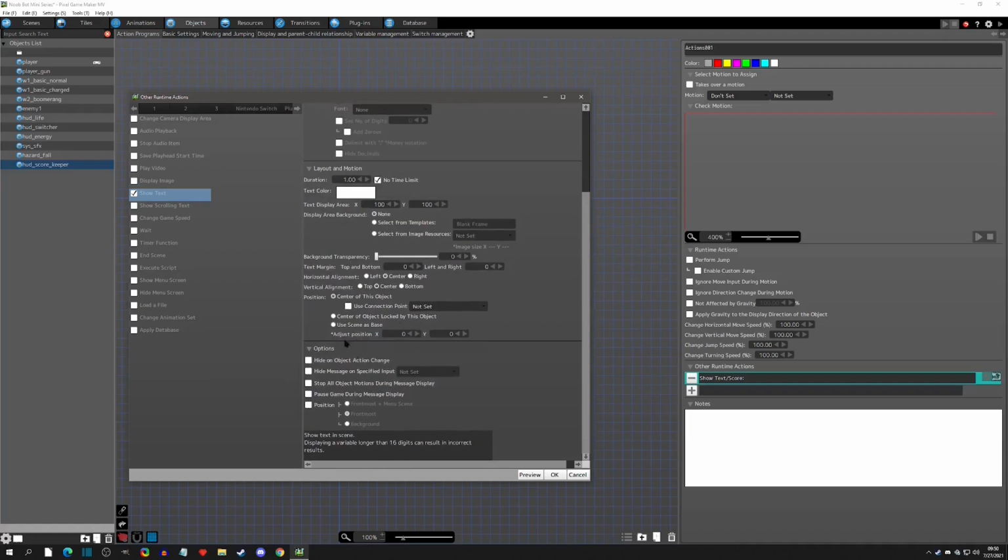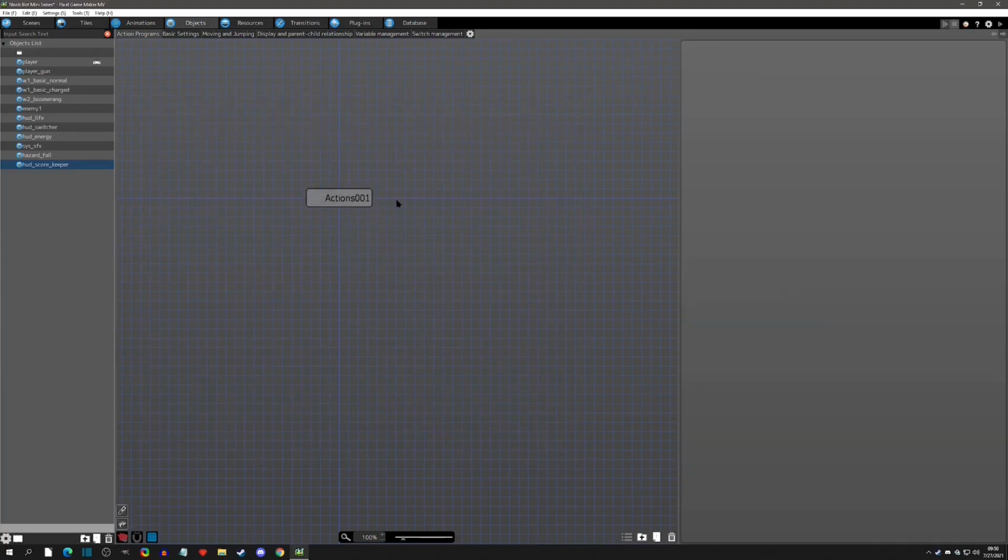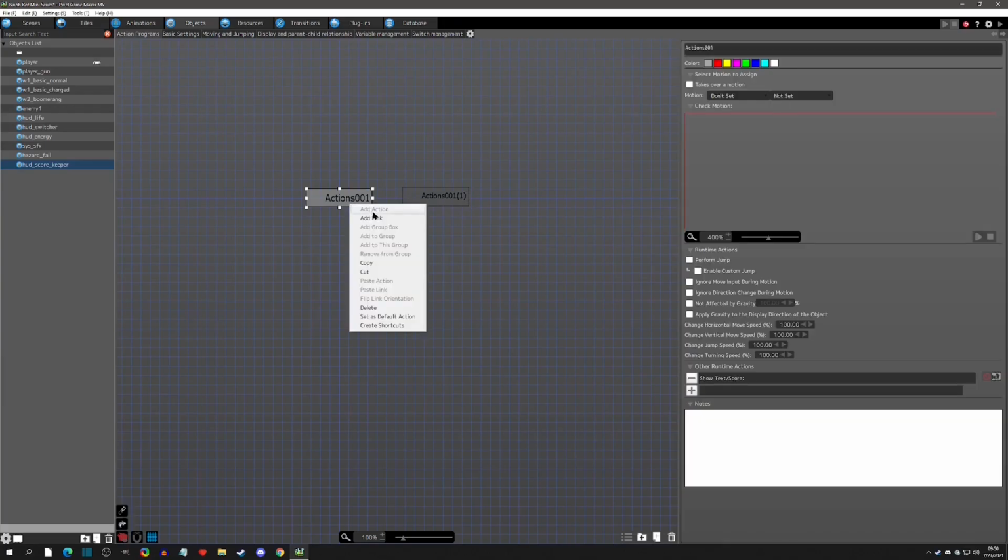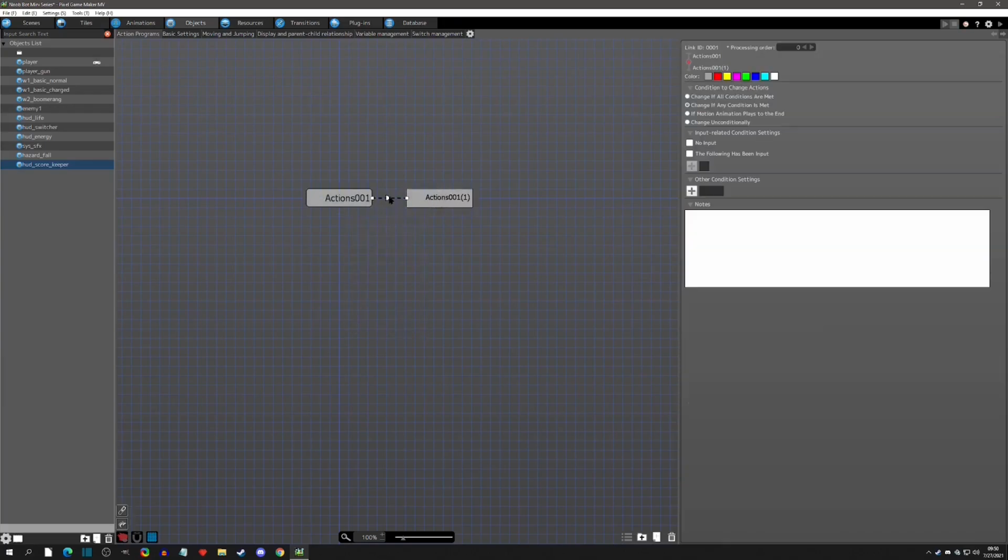Now we have some options down here that are very important for displaying these things. I might have a few actions on this object, and so how I want to control the text is I want to control it by when it goes into another action, I will have control whether it displays or not. So I'm going to choose hide on object action change, and then that's going to allow me to do that. That's going to allow me to basically, if I have another action right here, and if I have a link right here, and let's just say that it goes there unconditionally,